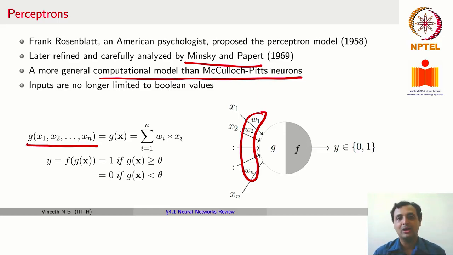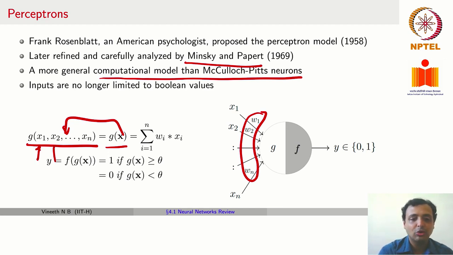which was what we had with the McCulloch-Pitts neuron, which takes an input vector x of n dimensions. Once again, this could be any n dimensions in any data. You could be looking at a patient record, and you may want to say whether the patient is at risk for cancer. So each of these attributes could be, say, the patient's blood group, the patient's age, and so forth. Any real value, not just binary values anymore.